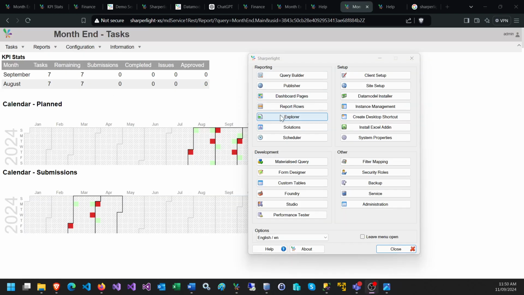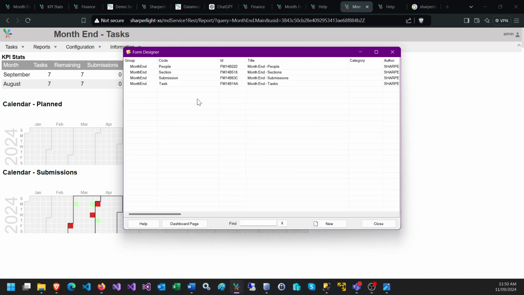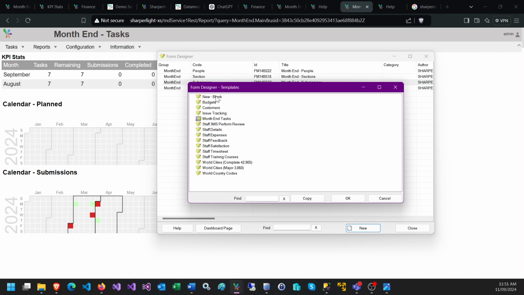For this training exercise we'll be using month-end tasks as our example. So let's create the month-end tasks in your system. So go to Form Designer and just sign in, and you can see here I've already created the month-end tasks, but in your case it'll be blank. So you can click on New, and from the templates list select month-end tasks. Once you do that,